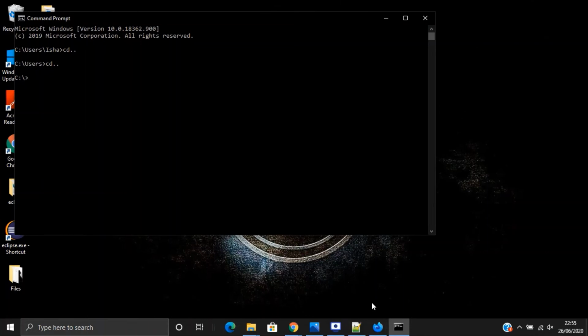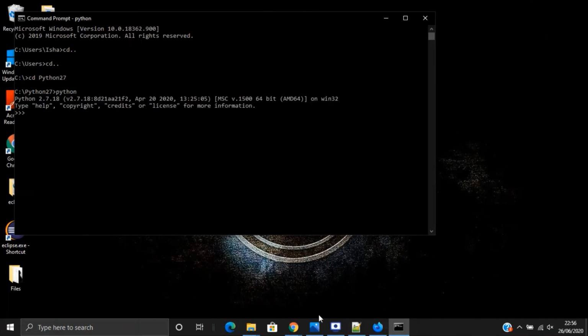So upon checking on there, you can directly type Python and this will give you the version of Python that we installed. So for us it is 2.7.18. So now you can directly pass on commands. Simply pass print command or multiple calculation commands here, and Python will directly perform them.